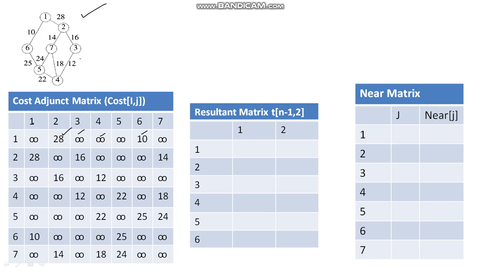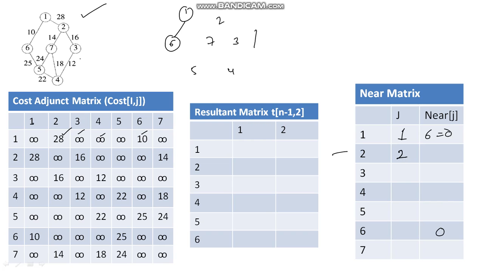Then first what we will do is we will select an edge 1 6, we select an edge 1 and 6 in the first stage, and 5 4 3 2 and 7 will be as it is. Then we will find out the near j. If j is equal to 1, what is near of 1? Near of 1 is 6, but we will make it 0 because it is already there in the solution. For 6 also we will initially make it 0.